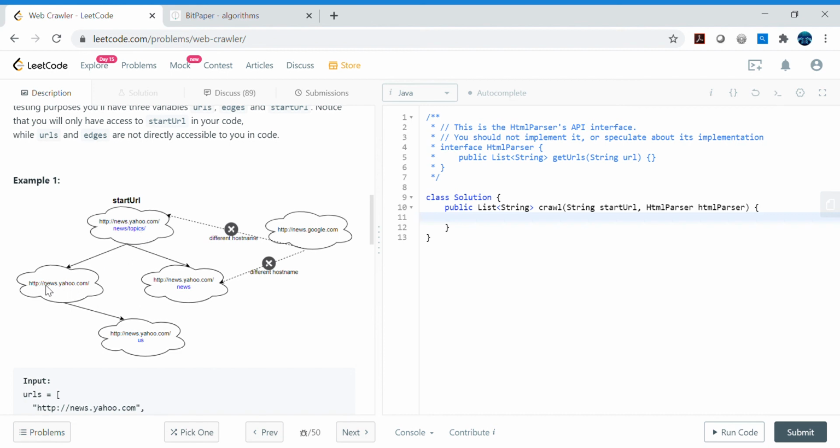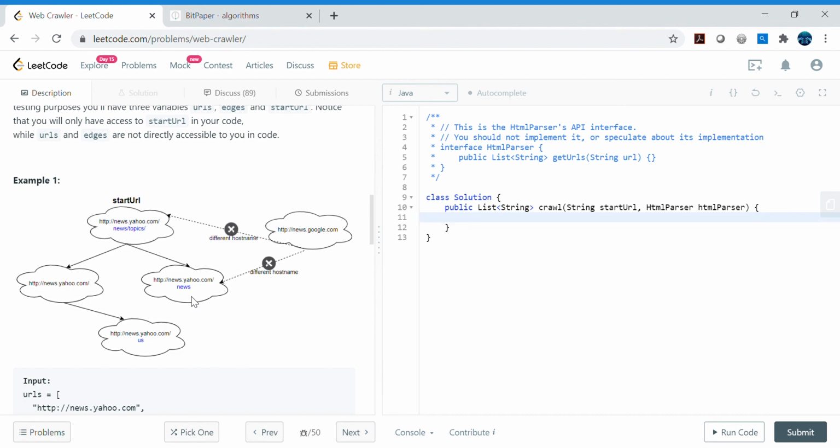Similarly, it can go to the home page news.yahoo.com, to the news page itself, and to a location page, wherever it contains a country location or some other location. These related links are pretty obvious. With the help of the web crawler, the search engine has quick access to them, so it does not have to redirect or do additional processing. It will quickly return the result of those web pages.